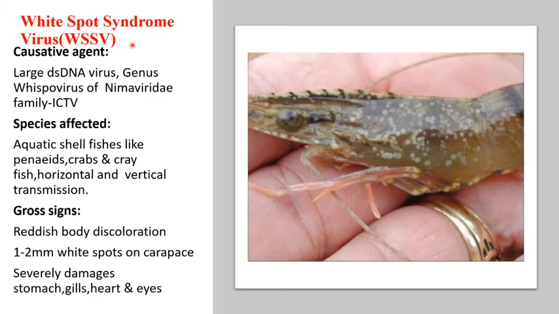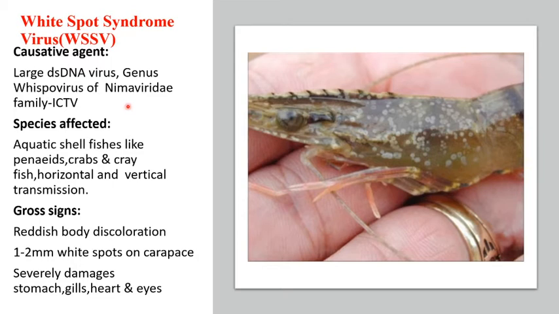This white spot syndrome virus causes white spot disease in organisms, particularly shellfishes. The causative agent is a large double-stranded DNA virus, belonging to genus Whispovirus of family Nimaviridae according to the International Committee on Taxonomy of Viruses, that is ICTV. They have placed these viruses in a new genus called Whispovirus under the family Nimaviridae based on its unique morphology